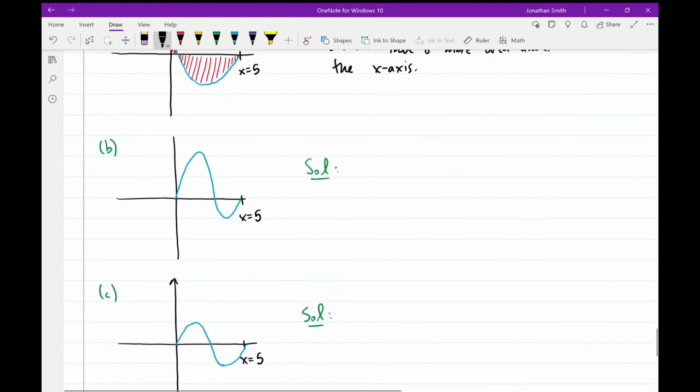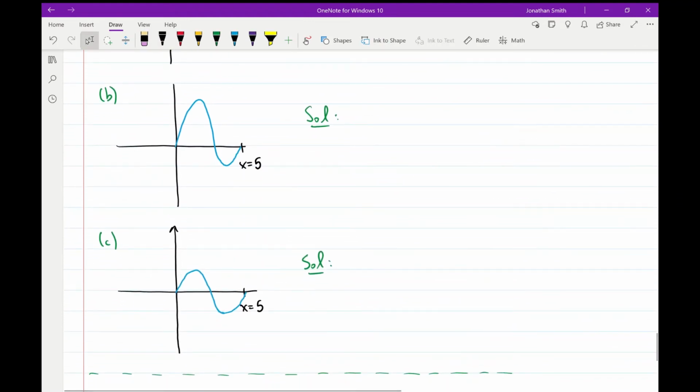For part B, this kind of scenario reverses. So in this case, our function is positive over here, and then it becomes negative. And in this case, the positive area, or the area above the x-axis, is bigger than the area below the x-axis. So we get to say that here, the integral from 0 to 5 of f of x dx is